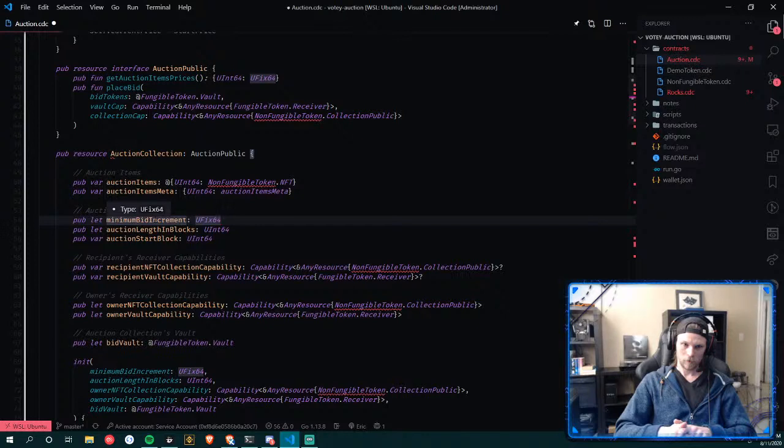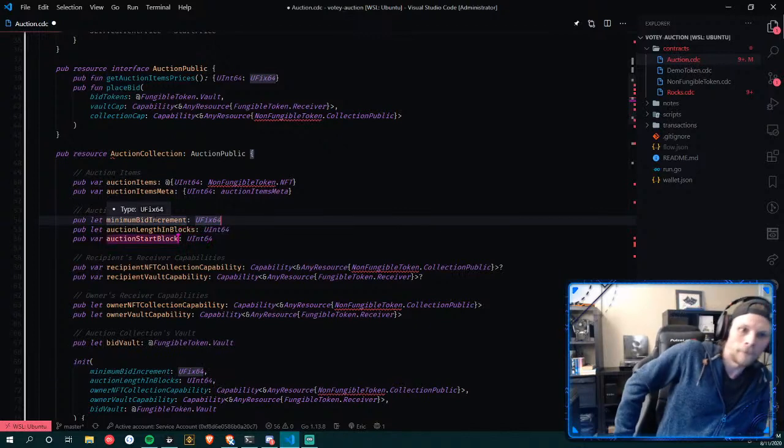Because the way I see it now, let's say you want to create a marketplace that has auctions, right? You have an auction collection. You need a separate auction collection for each auction for different days, for instance, because they all start at the same block.